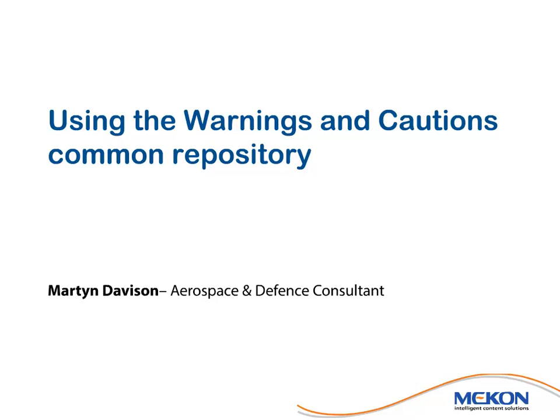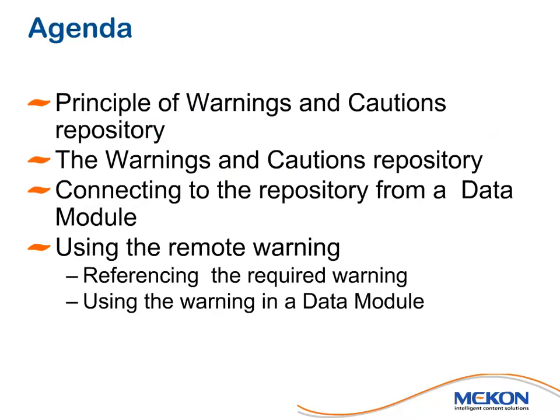This short video is to demonstrate how we use the Eclipse S1000D for FrameMaker application, where we're actually going to start using referring to warnings and cautions located in the common repository. We're going to do this by first of all looking at the principles of the warnings and cautions repository, and then we're going to have a look at that repository, and then we're going to connect the repository from a data module, and then we're going to use the warning referencing and using the warning in a data module. So that's what we're going to be doing, and it's a partial demonstration and partial showing the actual thing used